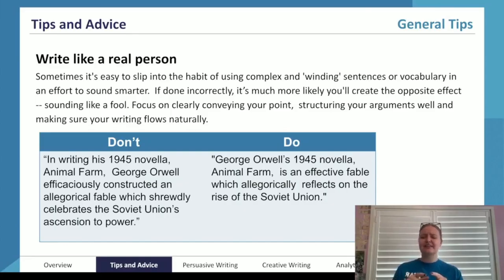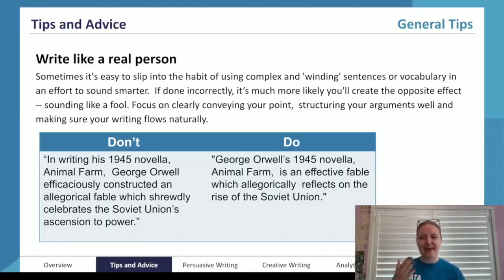And that little exemplar there, the kind of writing we're trying to avoid is: in writing his 1945 novella Animal Farm, George Orwell effervescently constructed an allegorical fable which shrewdly celebrates the Soviet Union's ascension to power. Cool. I mean, it sounds nice coming off the tongue, but what does it actually mean?